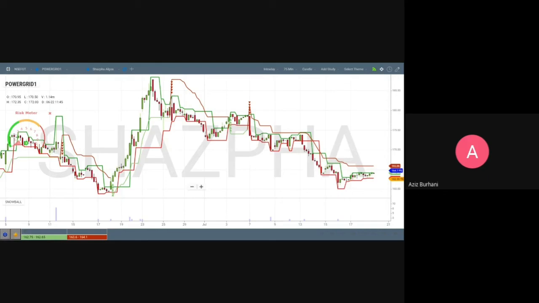So basically we use Shasva for our analysis, and we use the charts to understand these entry and exit points, and all these nitty-gritties. Okay, so I think that is pretty much